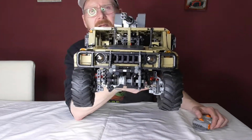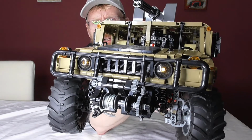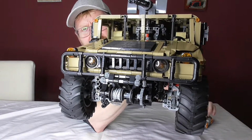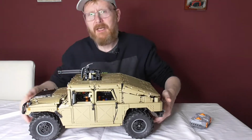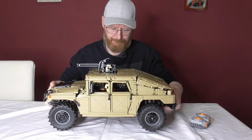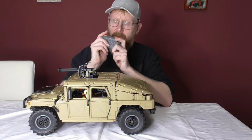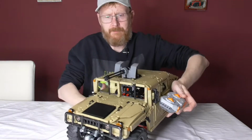Okay, do you see the light? You see it? Yeah, inside there. Yes, I did it wrong. I connected the lights to the steering, not to the driving, but I will change this. So, now we come to the functions. First function,